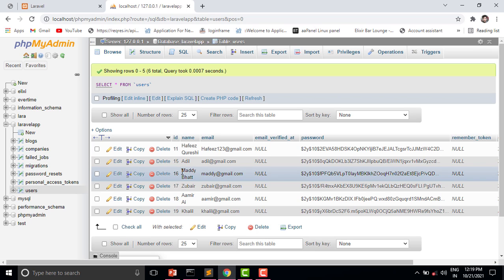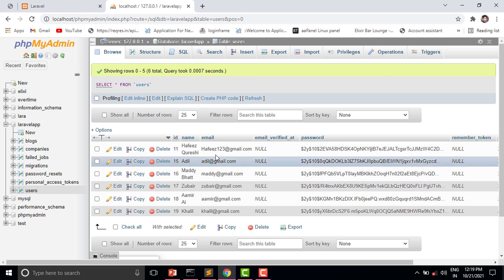Suppose we need 100 users and we add them one by one, then it is a lot of time consuming process, and we will not use this process. Laravel uses the command line interface, and we can run a single command to create seeder files, and by using seeders we can add hundreds of users with a single command.